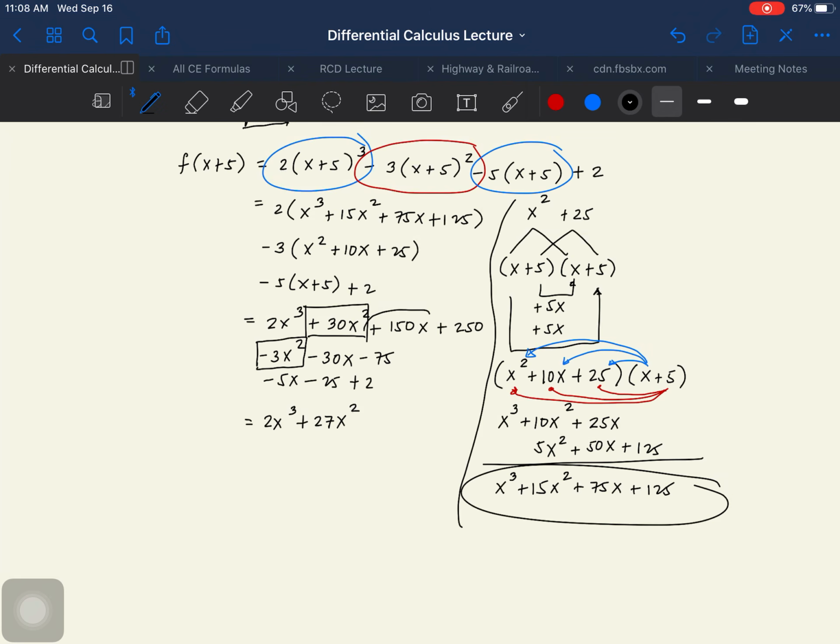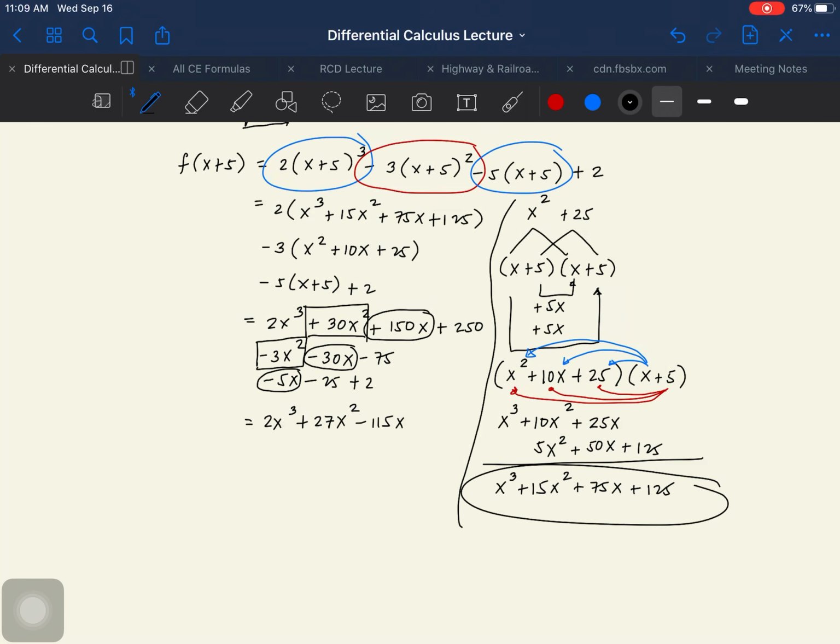Positive 150x. So let's put that in an oblong. 150x similar with negative 30x and similar with negative 5x. So there is 3 of them. What is positive 150x minus 30x minus 5x? So 150 minus 30 is 120. 120 minus 5 is negative 115x. Next,